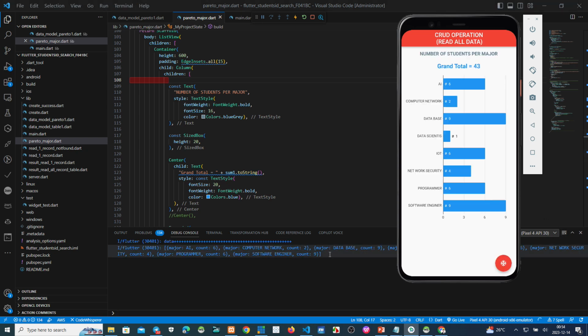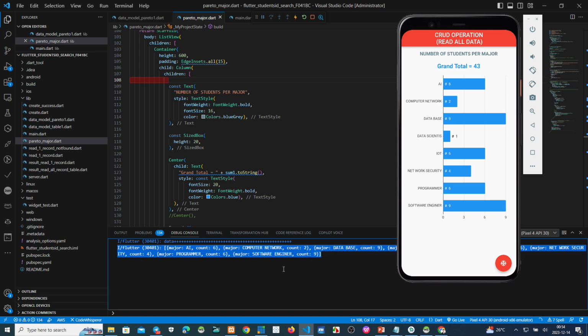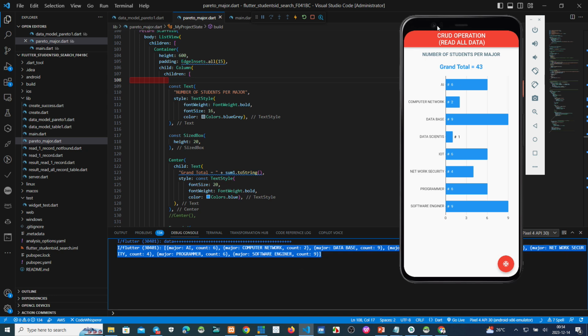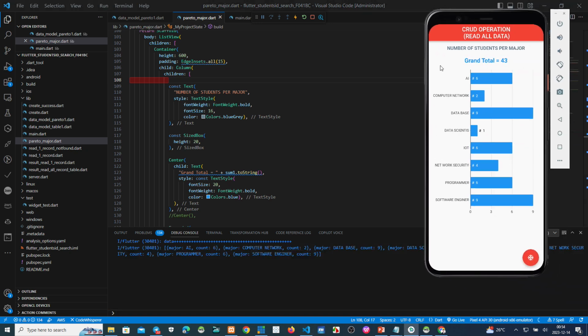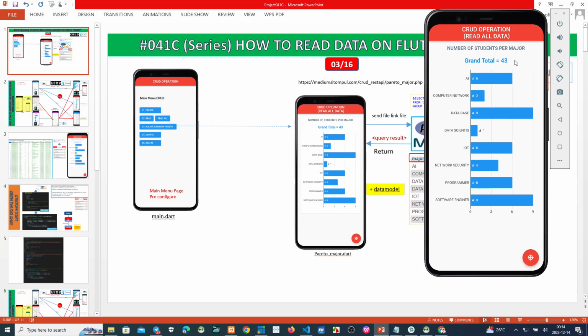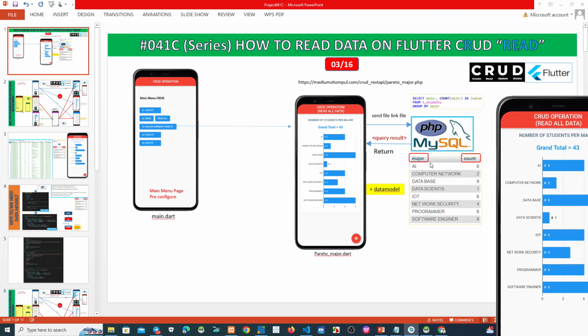This one. Okay, from here to here. This is the result if we run the script. But in this case we want to make field by field.